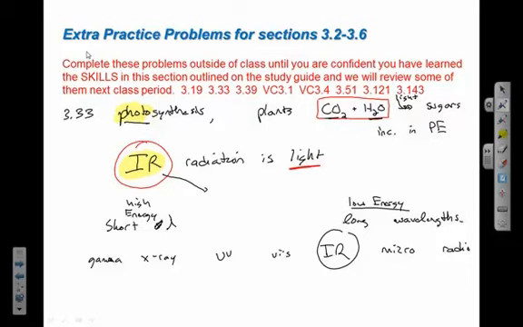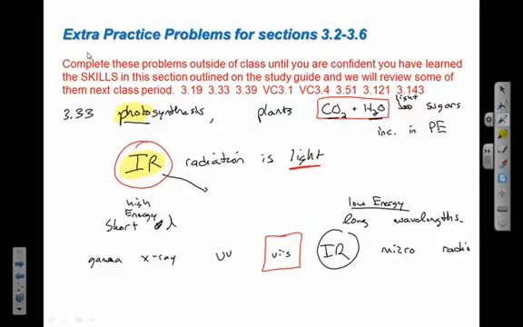So for plants, they have that chloroform, right? That's what makes them green. Chloroform absorbs visible light. What wavelength of light, well, not maybe what wavelength, but what color of light does chloroform absorb? Well, the leaves appear green, right? Does that mean they're absorbing green light? No, that means the green light